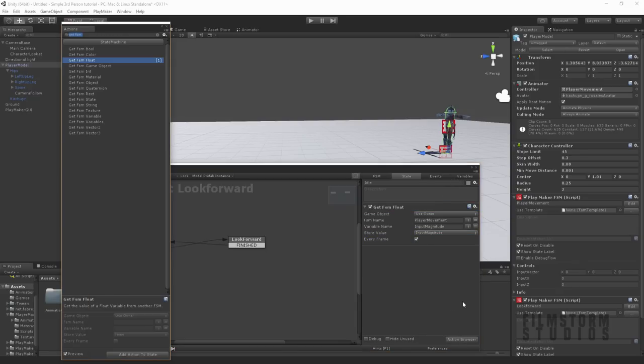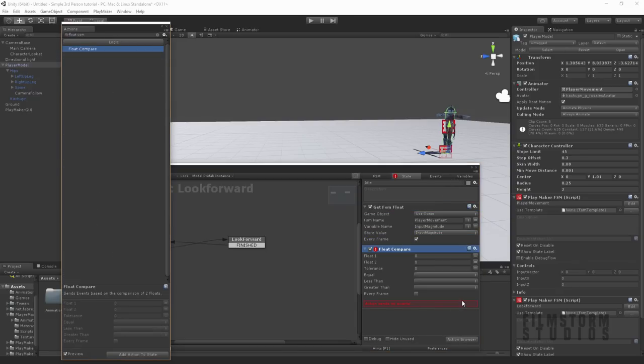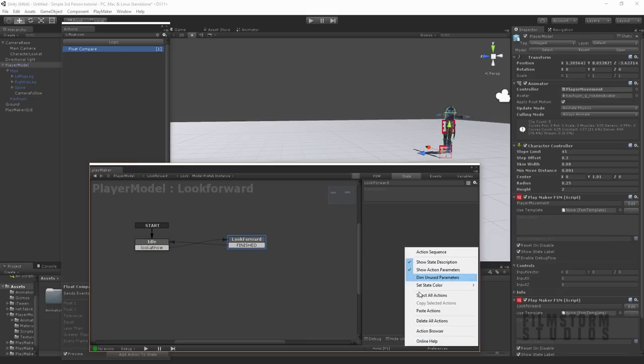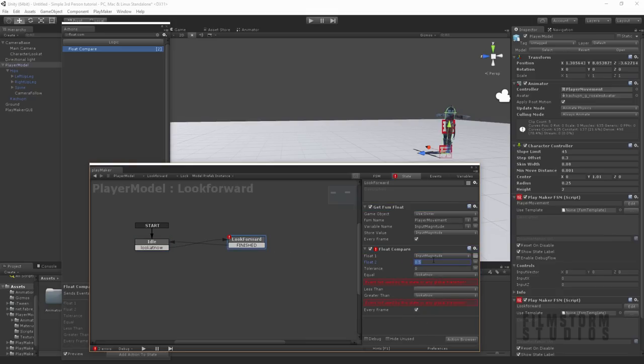And we're gonna do a float compare. We're gonna compare the input magnitude. If it's greater than 0.5, we're gonna say look at it now. And if it's also equal to 0.5, we're going to say look at it now. And that should be all that done. Let's just drag this in here, copy. If it is 0.4, so if it's equal to 0.4 or less than, we're going to say finished and finished. So that's all that set up.